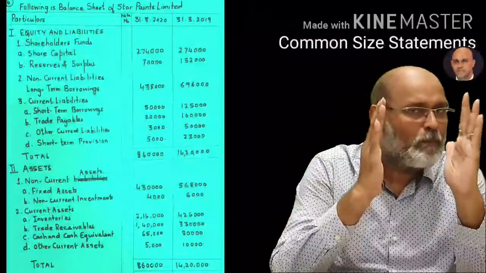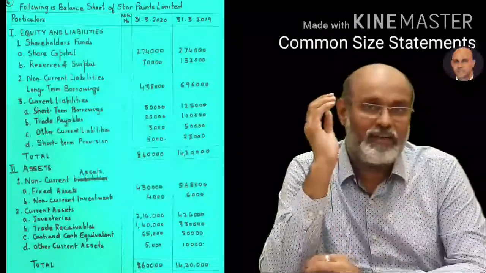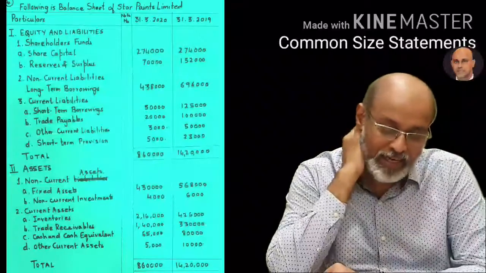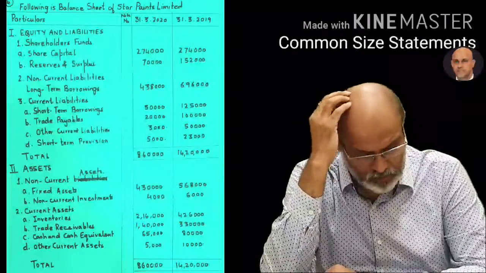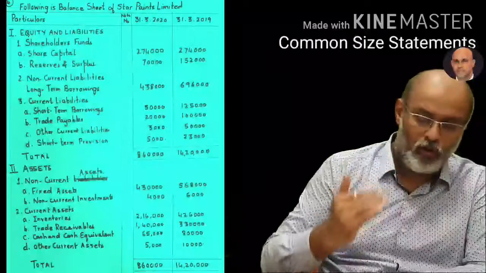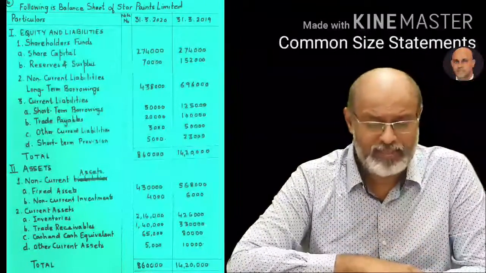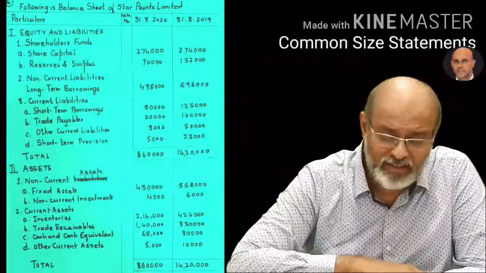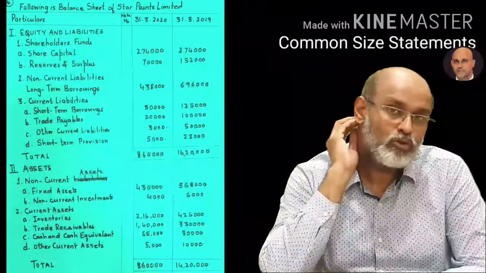So what have we done so far? We have finished with the previous year's percentage figures. Now let us come to the current year. Your current year total of liabilities is 8,60,000, whereas your total of assets is also 8,60,000. So your denominator and the base will always be 8,60,000 throughout. Let us take share capital first. Your share capital hasn't changed, it is 2,74,000 only, but here the denominator has changed to 8,60,000.